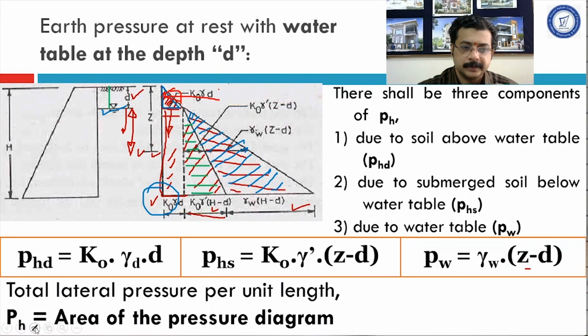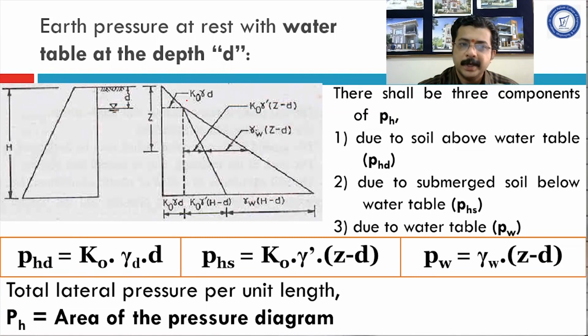Alright, the total pressure will be like this here. This much portion would be taken as h by 3 from the base of the triangle. Here the height is d, hence it is taken as d by 3. But we are taking its moment about the base of the retaining face. Hence this distance would be d by 3 plus (H minus d). So the moment produced by this first component P1 will be P1 multiplied by this much height.